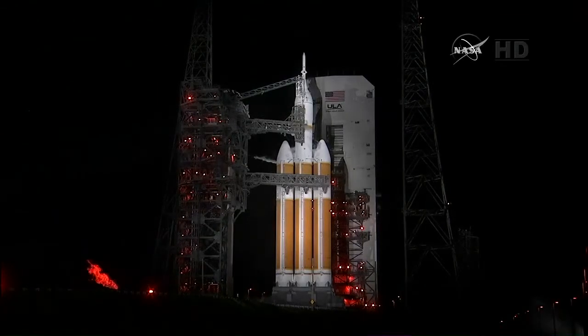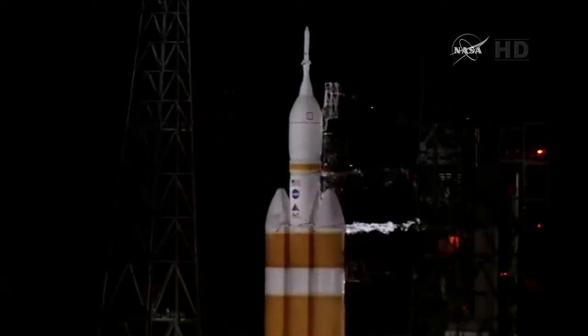We'll get a chance to see the high radiation environment as we swing through the Van Allen belt, see how the avionics works, see how the software works. Again, just a tremendous test of the systems. Then reentry has been described by Rob and others earlier today. All the parachute activities, we'll get to see those. Look at the heat shield performance and make sure all that works. So again, it's a tremendous